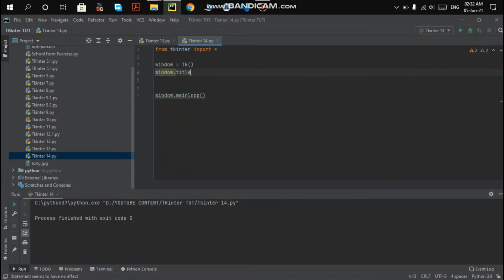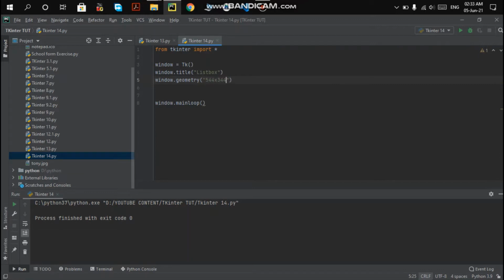So first of all, let me give a title and a geometry too. I have already told you how you can use a title in your GUI window. I'm going to set the title as just list box. And the geometry of the window as 544 x 344.